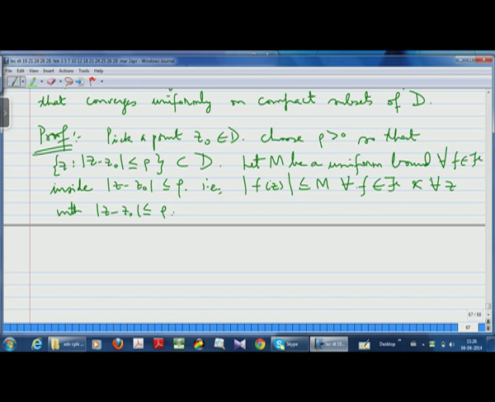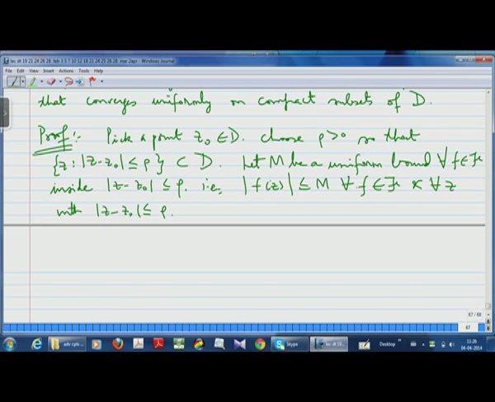Now what I would like to show is that in a smaller disk, if you take a smaller closed disk, then the family is actually equicontinuous. So I choose a smaller closed disk. If I draw a diagram, I'm going to have this disk centered at z naught, radius rho, and then now what you do is choose a rho 1 which is less than rho,